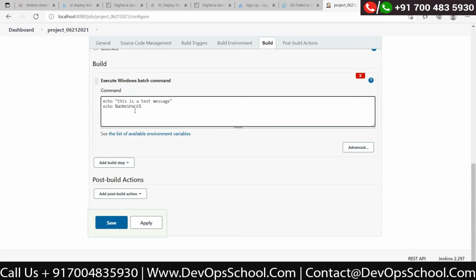There are multiple environment variables, and to see the list of those, try opening localhost 8080. I'm pinging you one path. So they are defined by default, like workspace here.